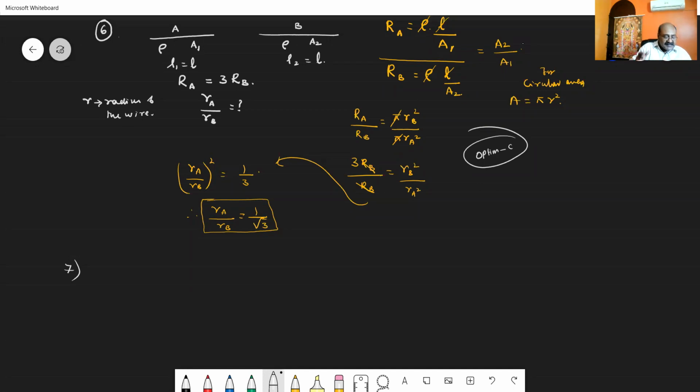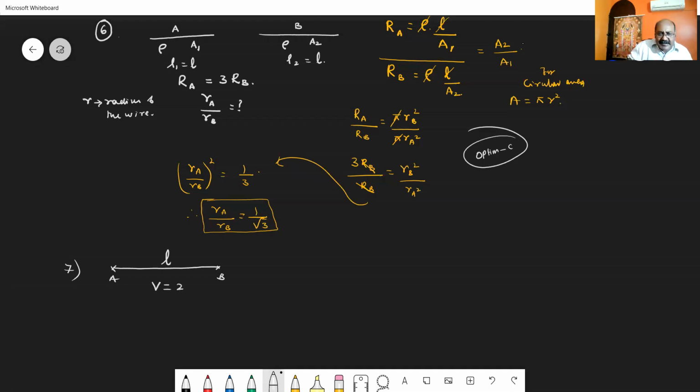Suppose the wire is cut into 2 equal pieces and again connected in parallel to the same power supply. In that case, power dissipation is P2. Ratio of P2 by P1 is asked. Again, you see a wire connected to a power supply of 230 volt. Okay, I am taking a wire. Let us take this wire as AB. This wire is, let us take, the wire is having a length L.